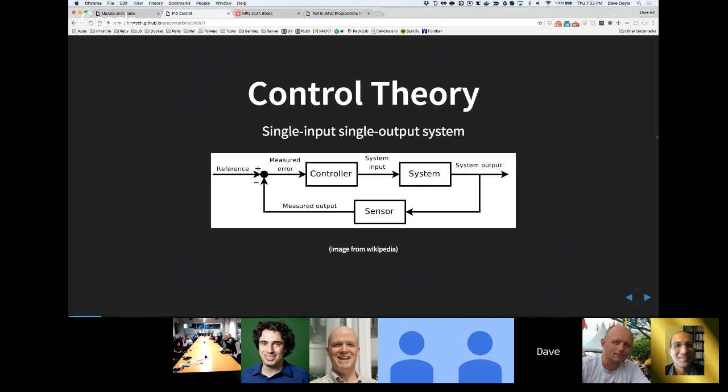This image is an example of a single input, single output system. So it's a very contained system. It does exactly what it says. It has one input, let's say a temperature input. You have a thermometer, and the output is a heater. So if you put it inside an oven, you have one input, the temperature that you're reading, and one output: how much you want to turn on that heater. You can see in this image it demonstrates that. You have